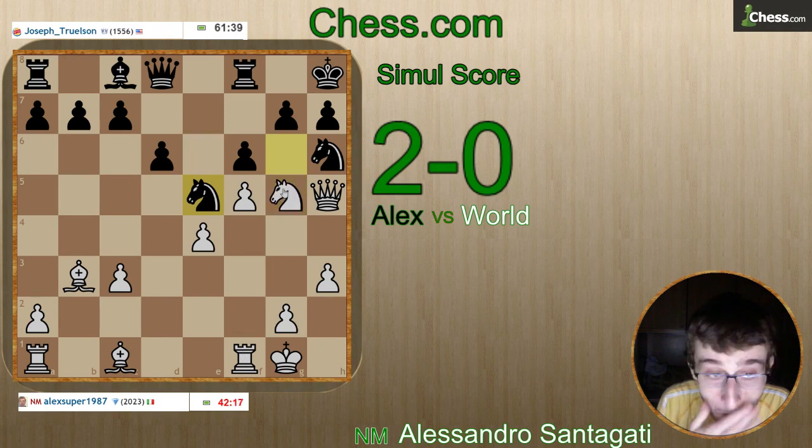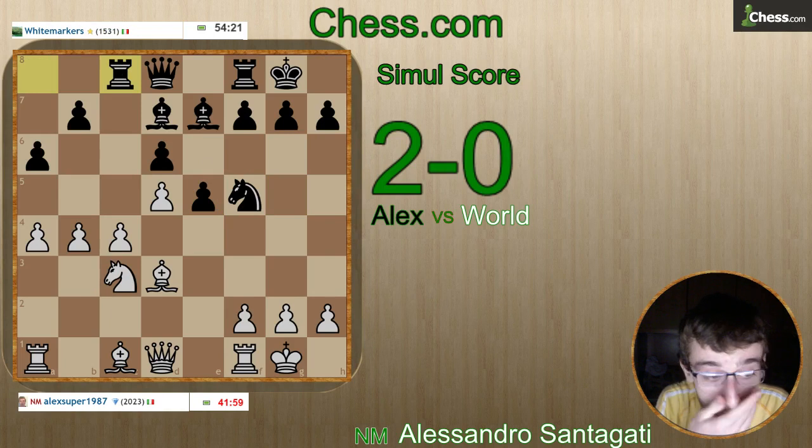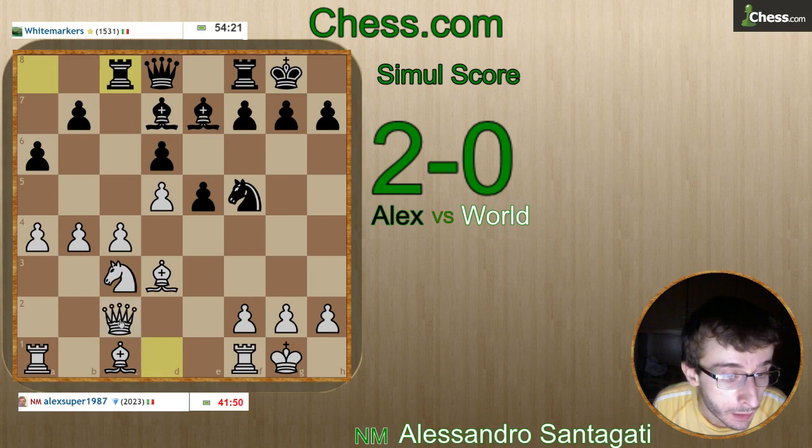Nice idea. Or what can I do? Take h7, take, but there isn't the mate, so probably it's not so good. Okay, knight e6. Black has to take, and probably I can take on h6. Yeah, I think this is good. Okay, so now rook c8, and now I can play queen to c2 to attack this knight,